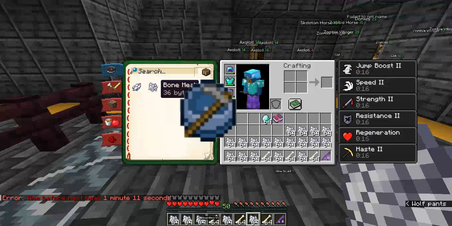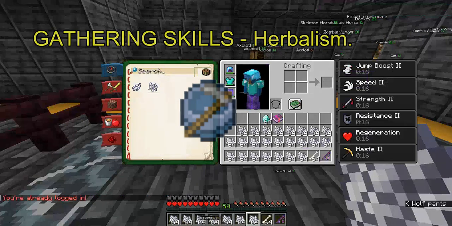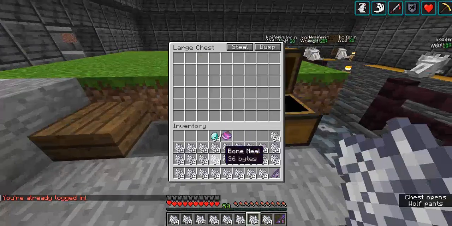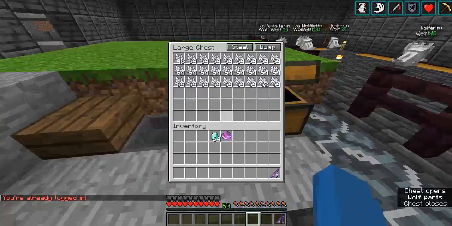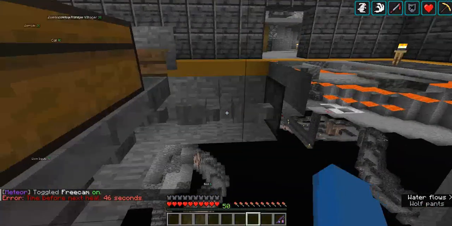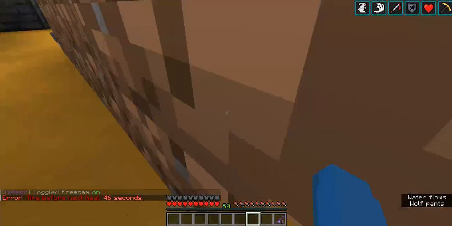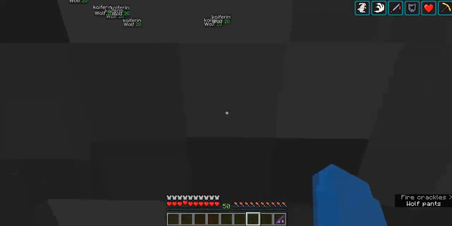Our next skill is herbalism. For herbalism, we are using this design made by Skipper Pet, which is a member of the community. Basically, you have some grass here, which is going to some dispensers down there, which are going to bone meal the grass. So yeah, you want to get the bone meal that you are getting from the combat skills